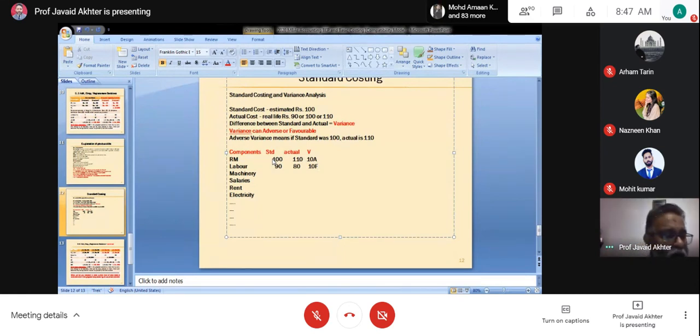We will spend about 2-3 classes on standard costing because I have provided you a lot of stuff in the form of written notes, and that will be the completion of our course. Standard costing was remaining, break-even analysis was remaining. Before I fell ill, I had covered up to the fund flow statement. Only one class of fund flow statement was taken after I resumed the classes. So we will decide what is to be done once our course is over.